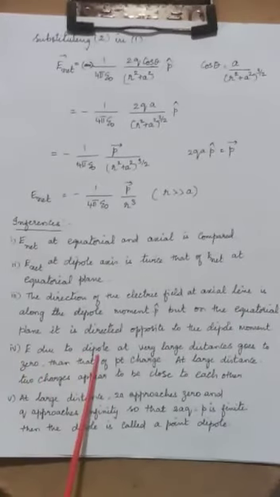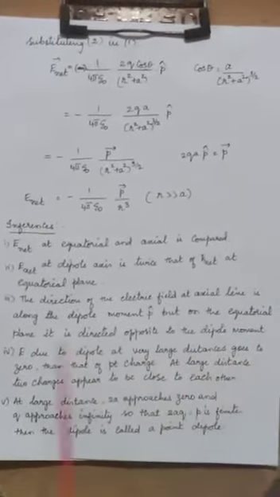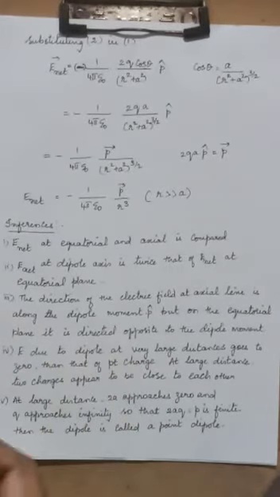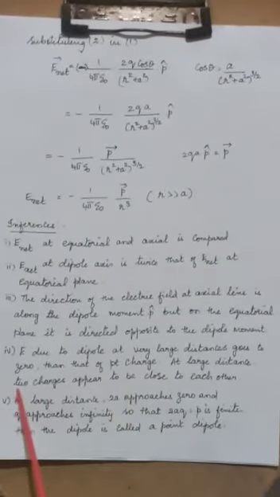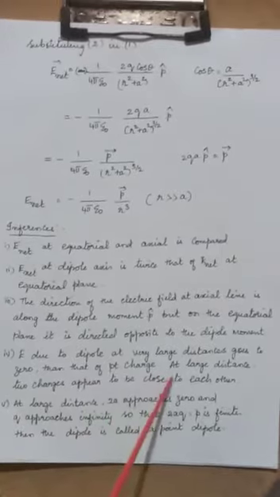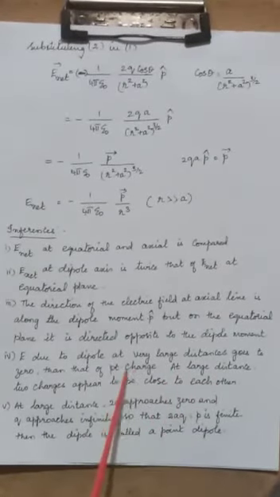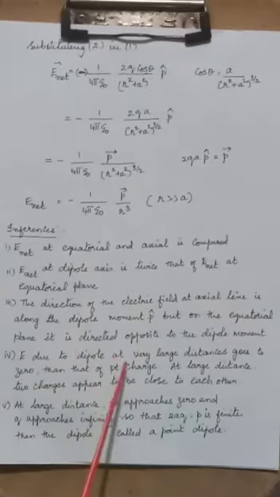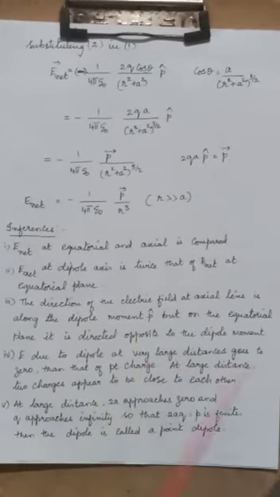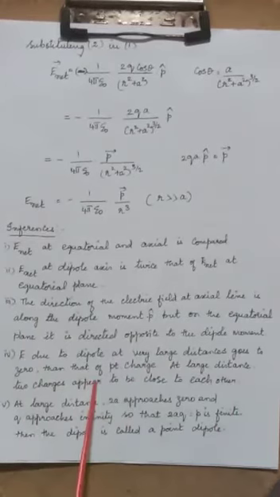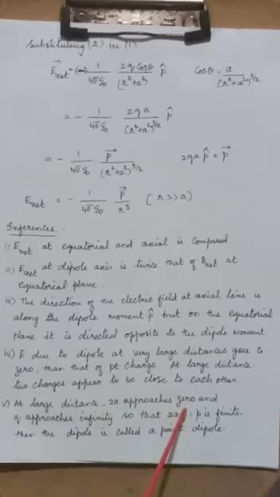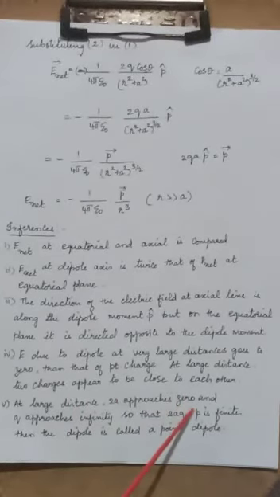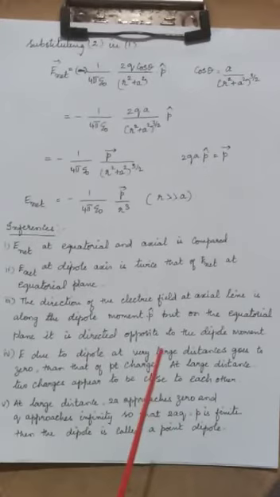E due to the dipole at very large distance goes to 0 faster than that of point charges. So if I consider a large distance, at last it changes to a point charge. Two charges appear to be close to each other. That is what they call a point charge. The dipole will change into a point charge when I consider it at a very large distance. So at large distance, this 2a approaches 0. What's the meaning of that? Minus q and plus q will be coming closer to each other,